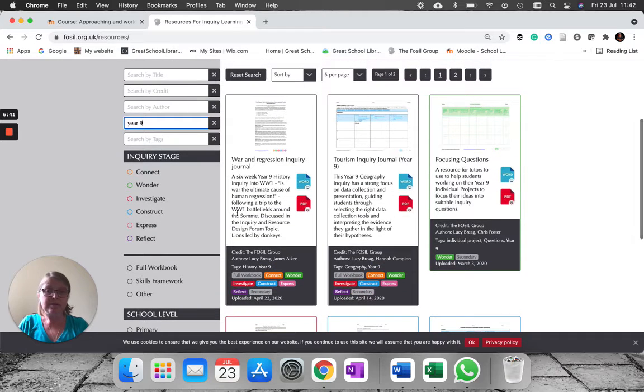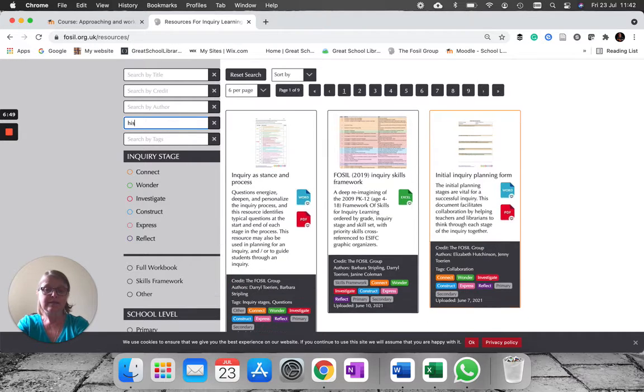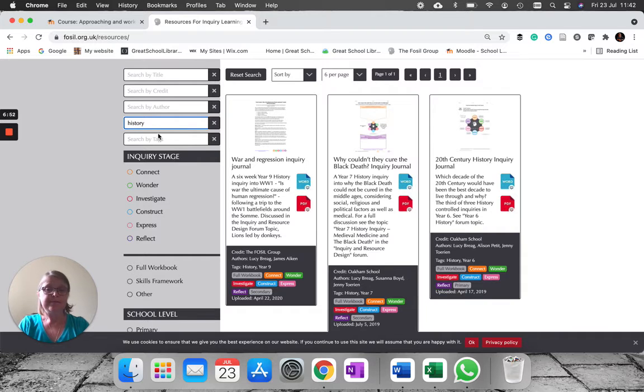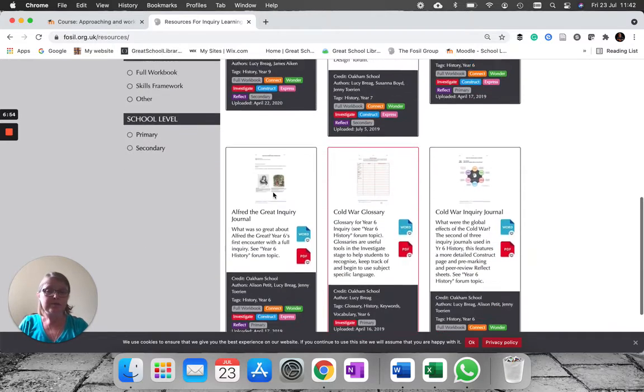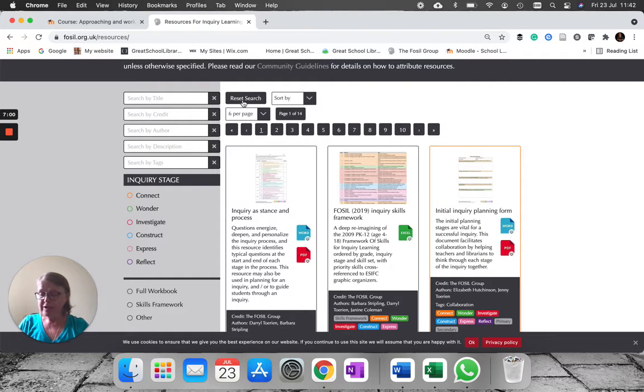So if you want a specific year group, or you can search things like history or geography. If I do history, all the history resources come up. So, an easy, quite quick way to search. You can search by title. Obviously, that's only any good if you're looking for something specific, or that you know what it is that you're